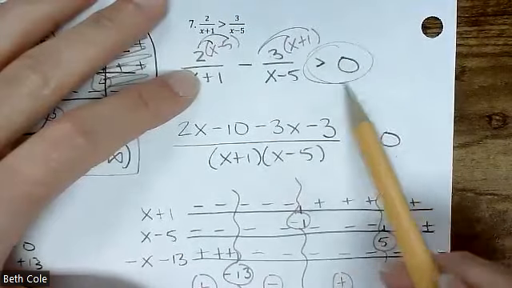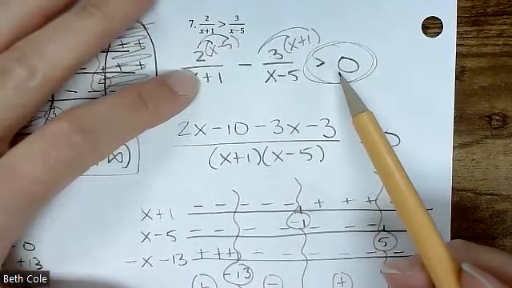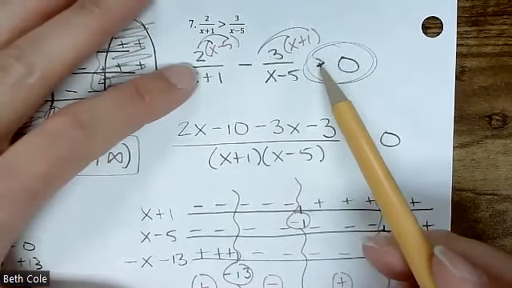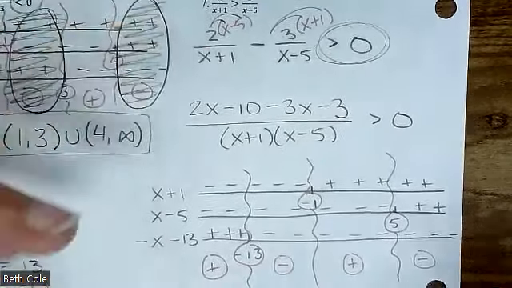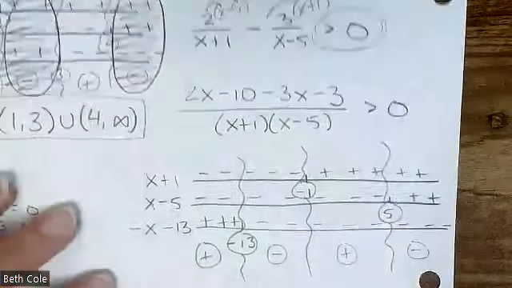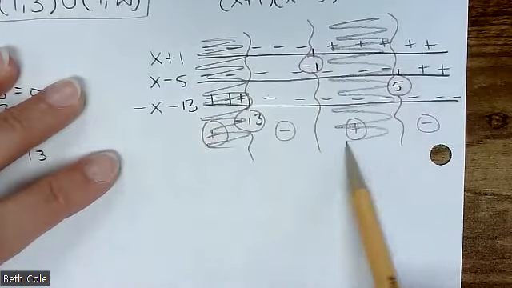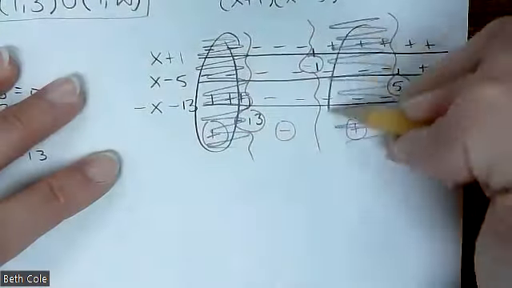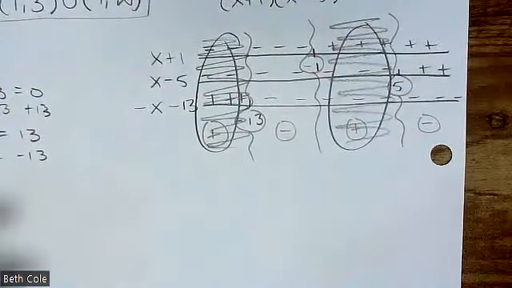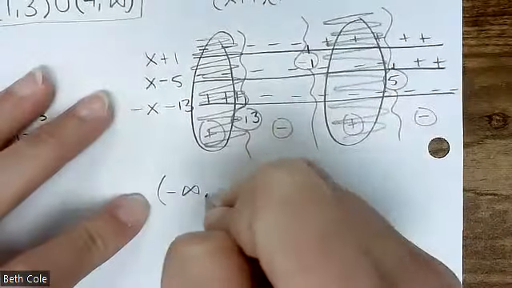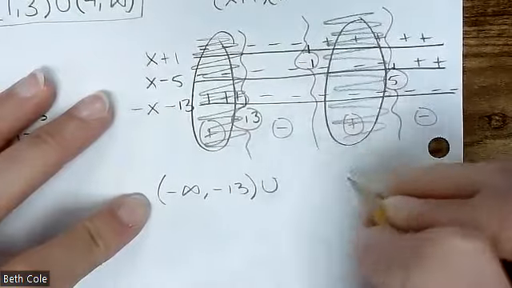Once we got 0, we want the positive sections and brackets or parentheses. Parentheses, which is nice because then they're all going to be parentheses. So greater than 0, we want the positive sections, this one, and just all parentheses. So how would I write that? Good. Negative infinity to -13, union